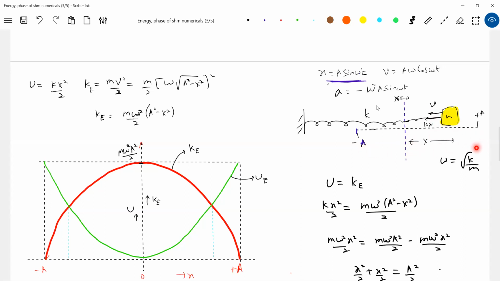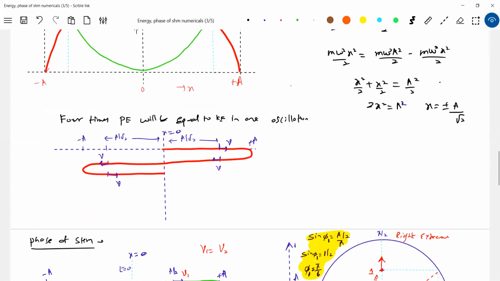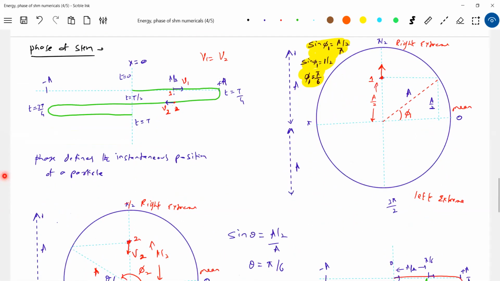So what is the use of this phase? I can define the initial position. I say that the block is having a phase pi by 6. Immediately, what does it mean? The block is at a distance plus a by 2 from mean position and moving away from mean position. If I say 5 pi by 6, it is plus a by 2 moving towards mean position. So like this, I can express now the motion still more very systematically, or you can say more scientifically.